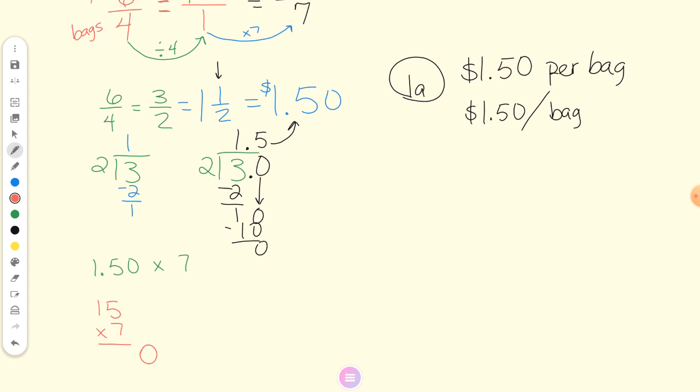If I don't do 15 times 7 and add a 0, Max, what other math problem could I do here? 150 times 7. Both of those, once I get an answer, I would count the decimal places in the problem, make the answer match. Cooper? Would it work if you put it back into a fraction, 6/4, and then